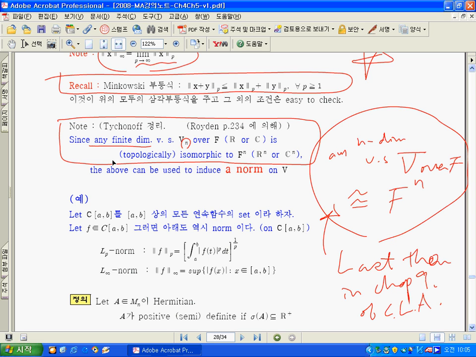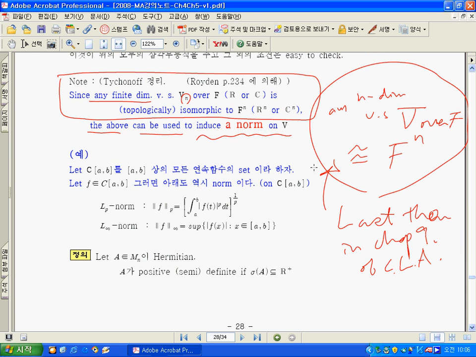Since any n-dimensional vector space V over F is topologically isomorphic to Fn, the above can be used to induce a norm on V. I will show it. Okay. Let the set of continuous functions on V be given. Then, for a function f in that set, we can define